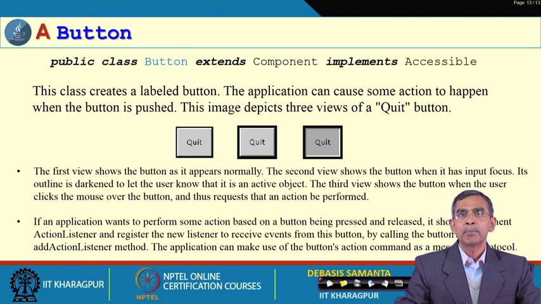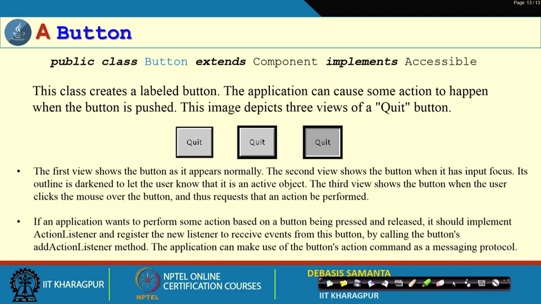A button, as you know, typically looks like what is shown here. A button has some label like this one, and it has some design style. All these things can be done without much coding; you only have to invoke the different methods which are defined in the component class.